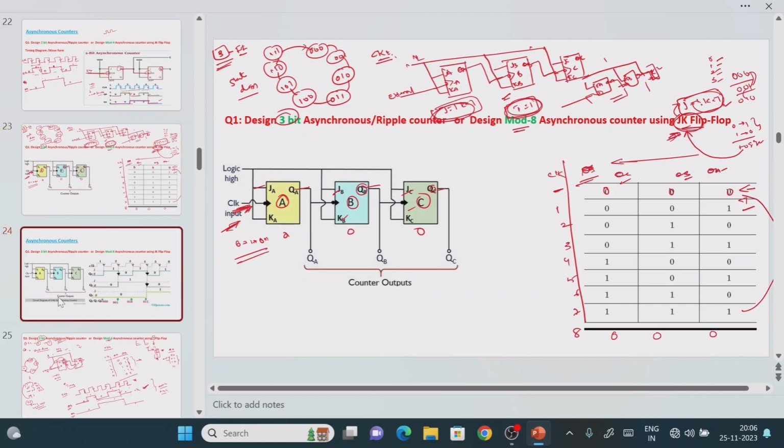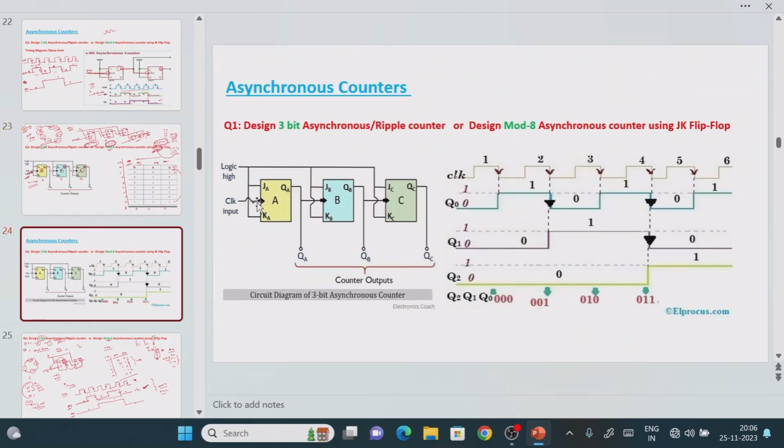If you want to see the timing diagram, see that for the first flip-flop, this is the external clock pulse, right? We are just identifying the negative edges. Now the output of QA depends upon what? This clock pulse. So the operation starts here only, right? Before this the answer is 0, then 1. It follows the clock pulse only, 0, 1. Then 1, then 0, then 0 to 1, 1 to 0.